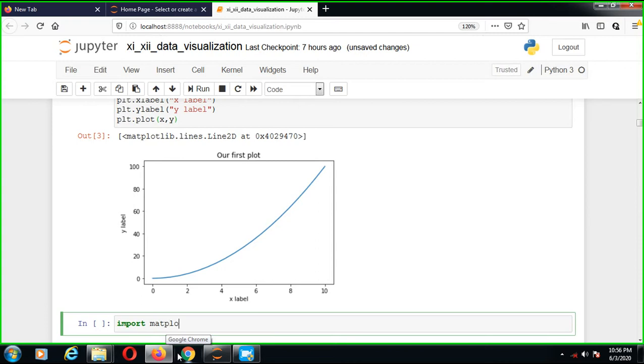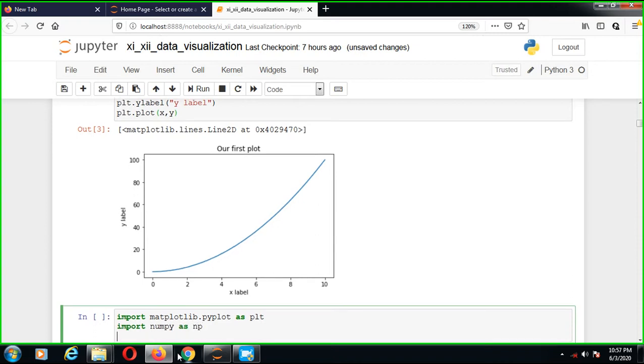Import matplotlib.pyplot as plt. Now import numpy as np. numpy and ndarray. Okay, so x is equal to np.arange(0, 10, 0.1).